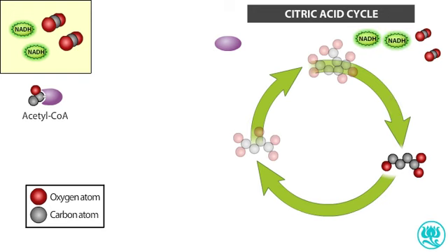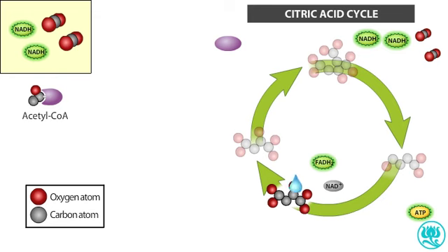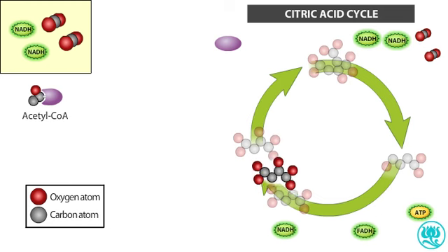molecules. Another important outcome of the citric acid cycle occurs in the next reaction, which draws energy from the remaining molecule to join inorganic phosphate and ADP into a molecule of ATP. In addition to NAD+, another molecule called FAD plays a role as a high-energy electron carrier. The 4-carbon molecule donates protons and high-energy electrons to these carriers. The molecule then becomes slightly rearranged by the addition of water, after which more electrons and a proton join with NAD+ to form NADH. The final outcome of the citric acid cycle is the reformation of the cycle's starting molecule,